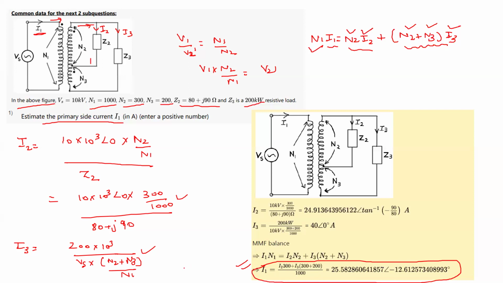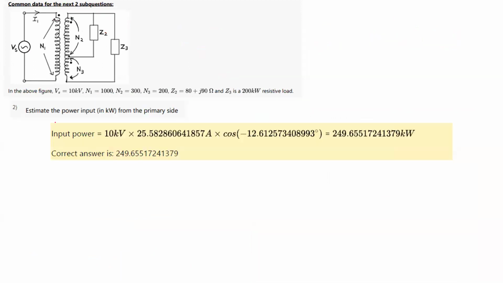The next question is the continuation of this. They're asking us to estimate the input power from the primary side. Now, what will be the input power? Input power in kilowatt. They have not said it as kVA. If they would have said kVA, then the expression would have been Vs into I1. But they're asking the real power. So real power we have seen is Vs into I1 cos of the angle difference